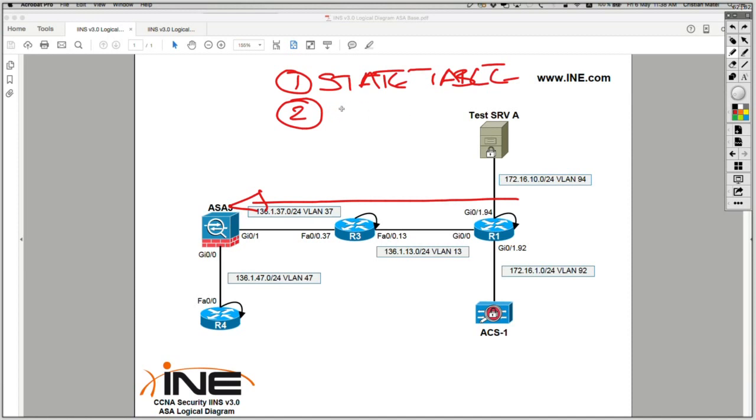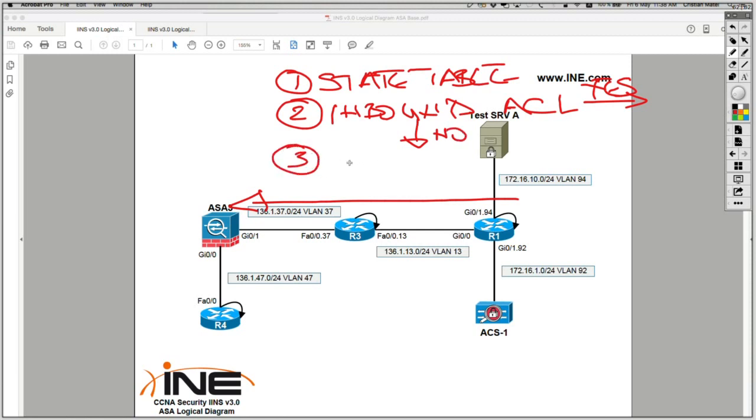Actually, first it's going to look: do I have any inbound ACL configured on the interface where the traffic is being received? And if yes, does that ACL allow traffic? Then I'm going to allow it. If the inbound ACL is applied, then take the ACL actions, allow or drop the traffic. If there is no inbound ACL applied on that interface, then step number